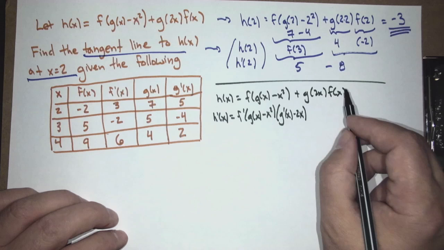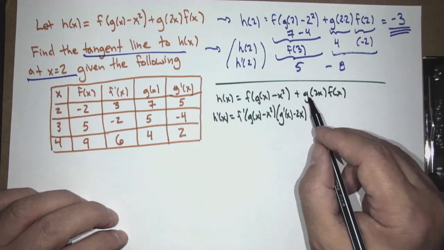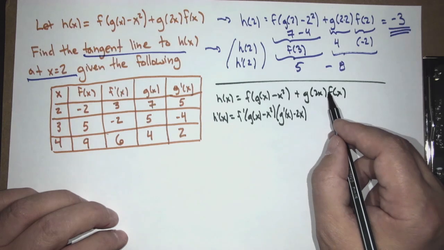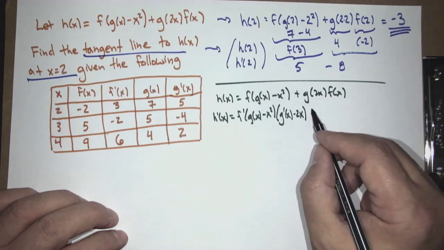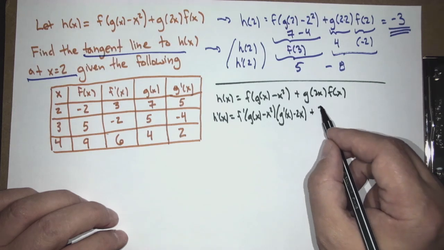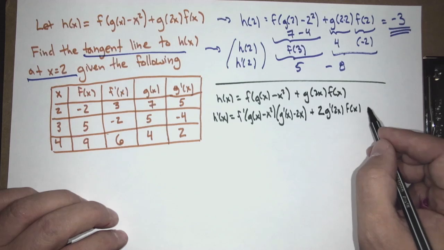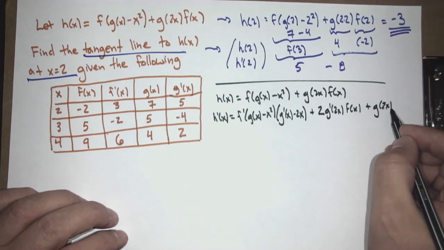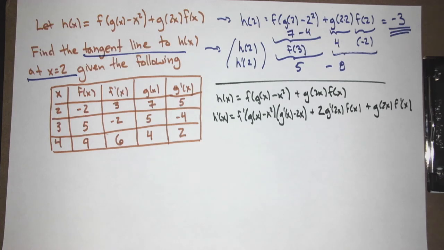What rule do you need for the back side? Well, you'll need a little bit of product rule, but the main thing to start with is a little bit of chain rule, main thing is product rule. So the derivative of the first term, the 2 will come out, g prime of 2x, f of x, plus g of 2x, f prime of x. So it's testing our rules. At least it's testing our patience.